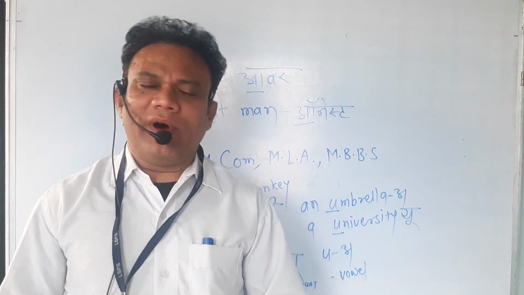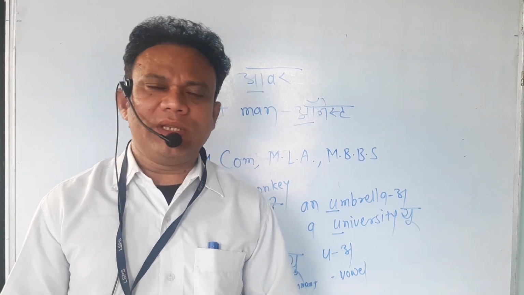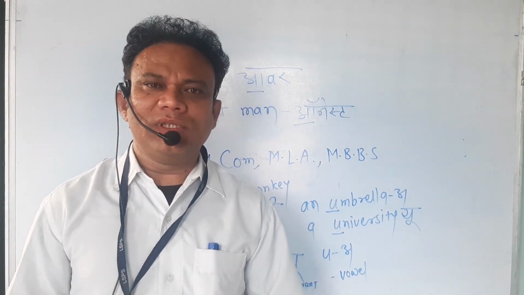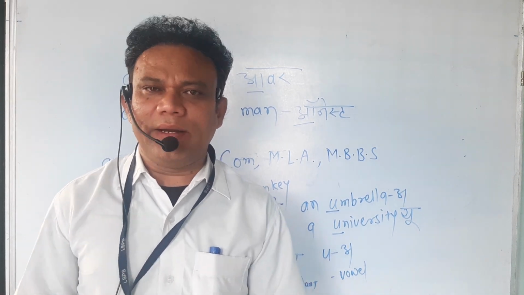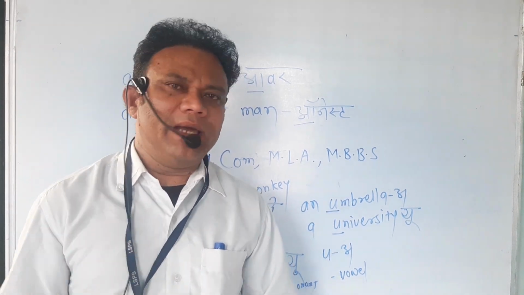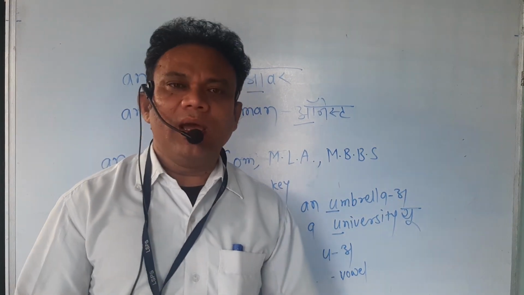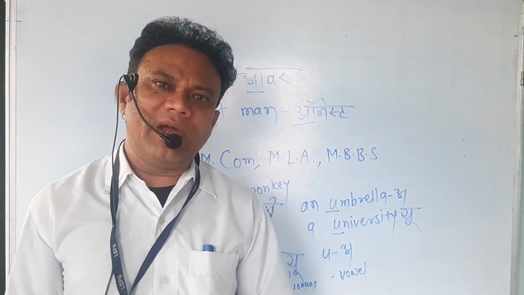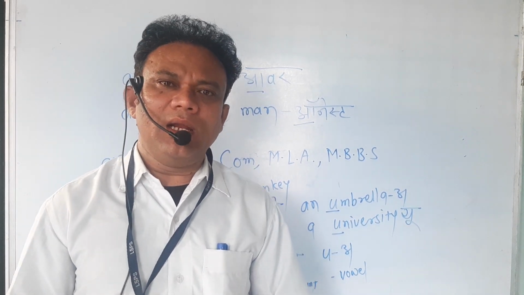Now one more rule of article the is there. Suppose we are mentioning a particular place or thing, then before the name of that particular thing, we have to use the article the. For example, I can say I have seen a garden. But suppose I am speaking about the garden of Aurangabad, then what happens? Then it becomes a particular thing. So I have to say I have seen the garden of Aurangabad. So before the names of particular things, we have to use the article the.